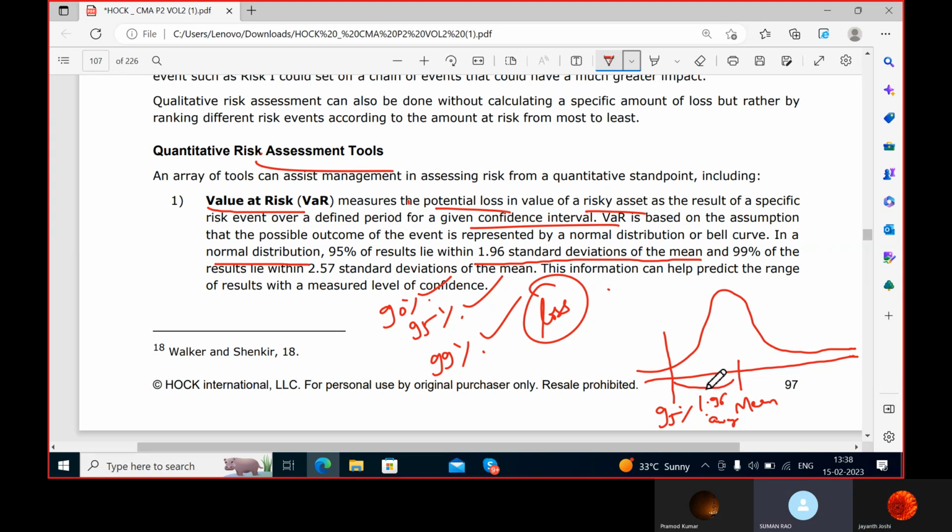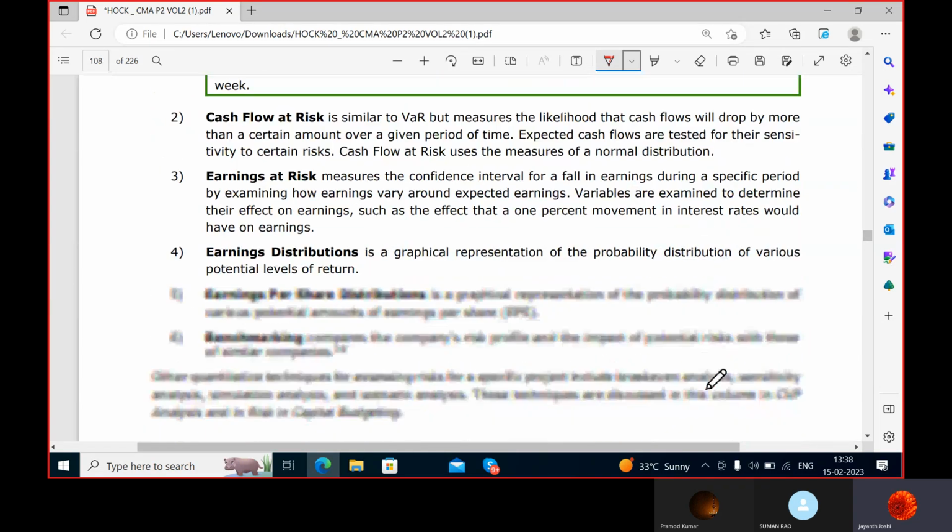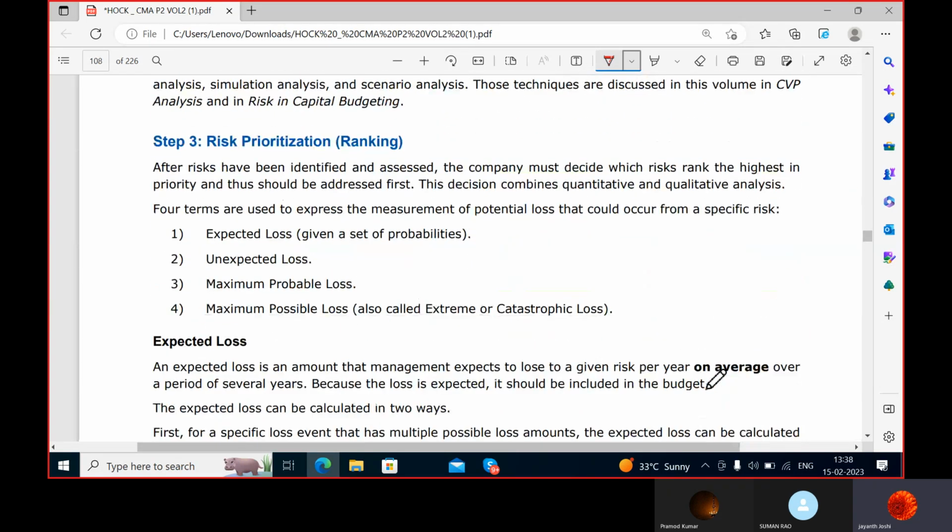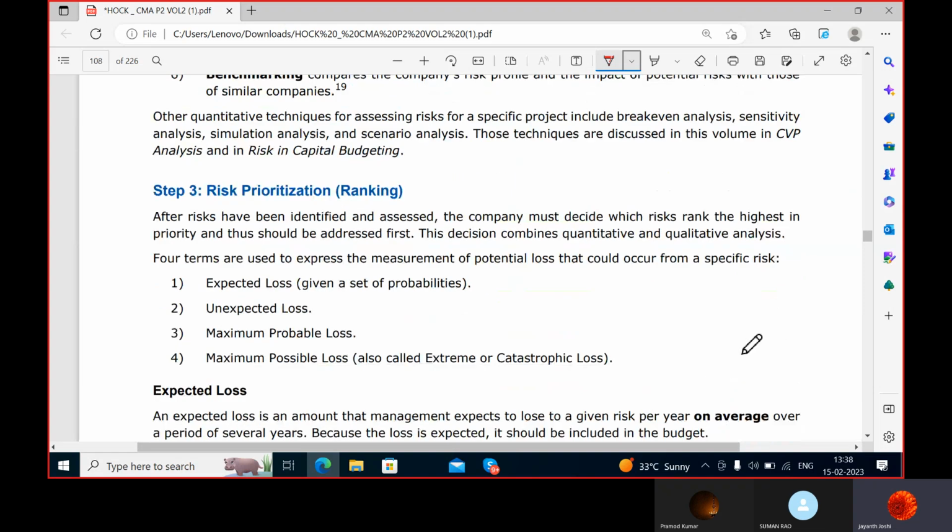No, sir. Can you explain a bit? See, for that reason, you should have some command over statistics. But what to say? Many students are not from that background. So suppose this is a normal distribution curve. This is called the average, the mean.